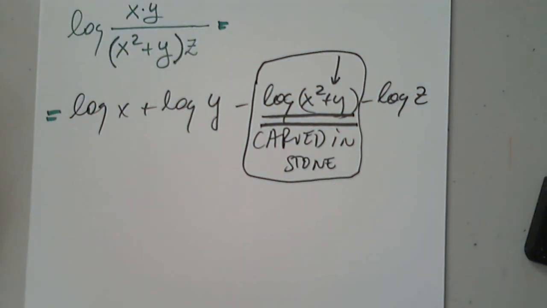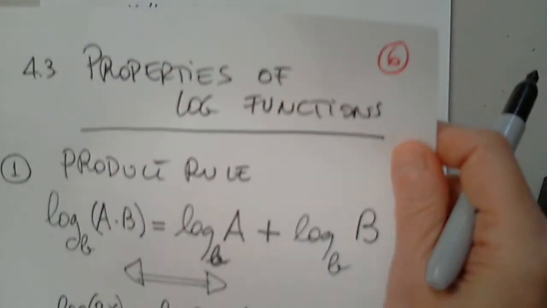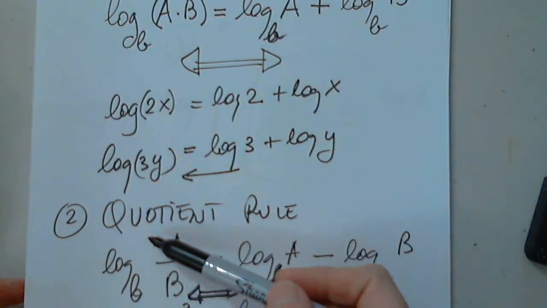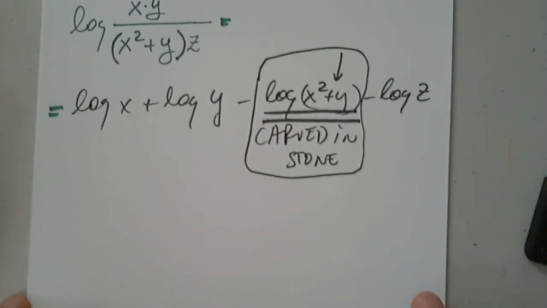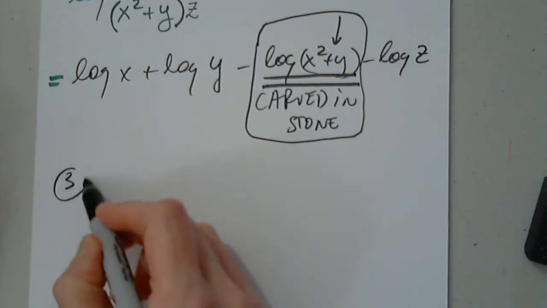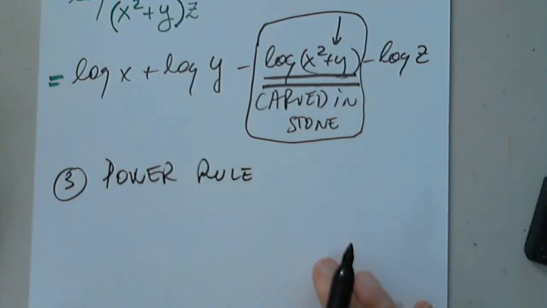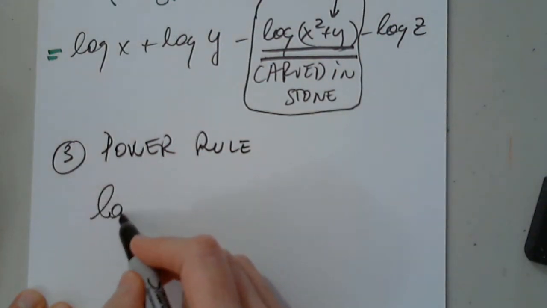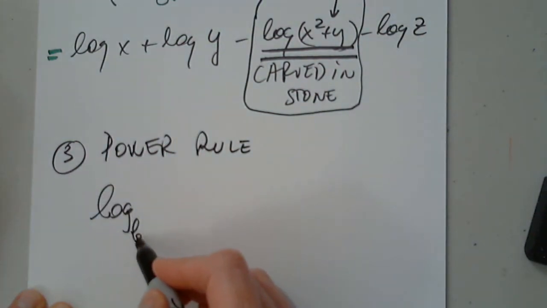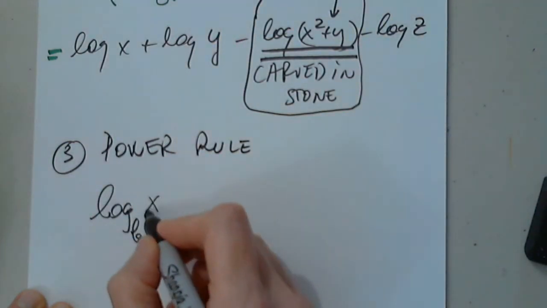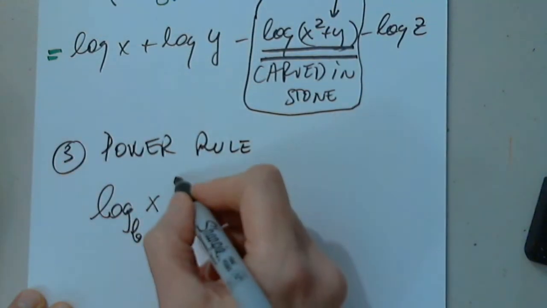Okay? Excellent. Thank you so much. So we looked at the product rule, we did a quotient rule. Next, number 3. Power rule or property. Log in any base of x or any quantity to a power